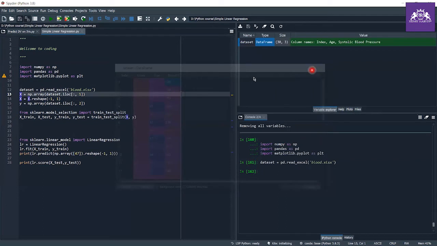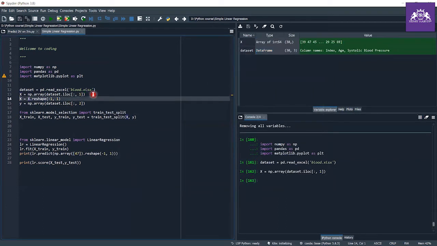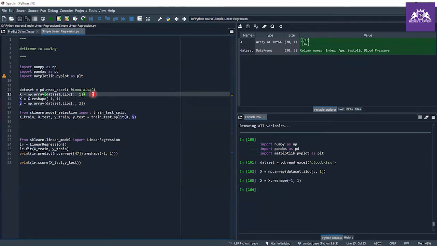So let's start with this. First of all, let me get the input matrix, and we get the x, reshape. In our data we have three columns, and I want only one column, which is column number one.